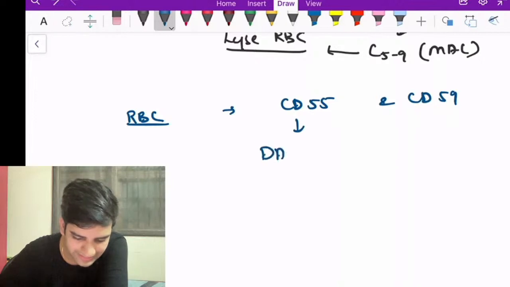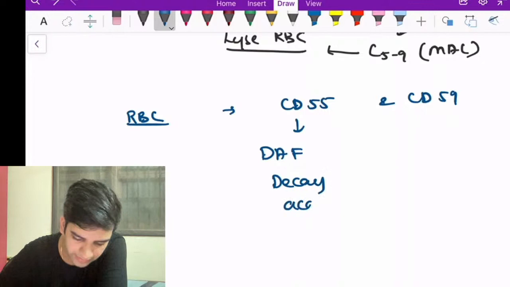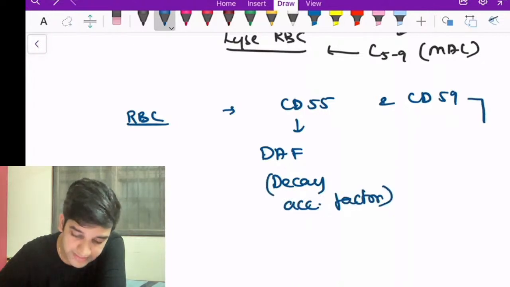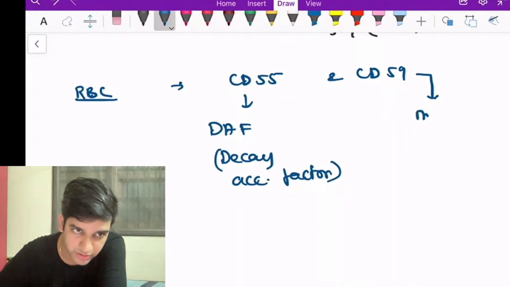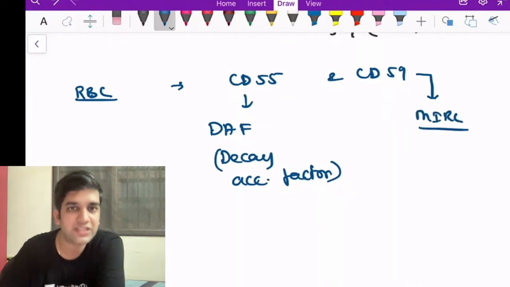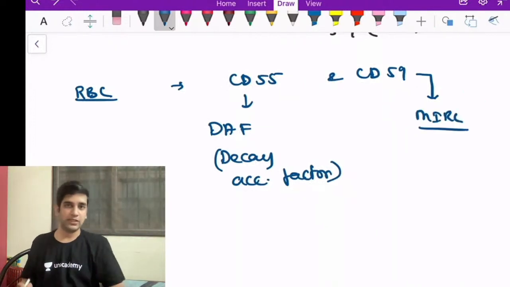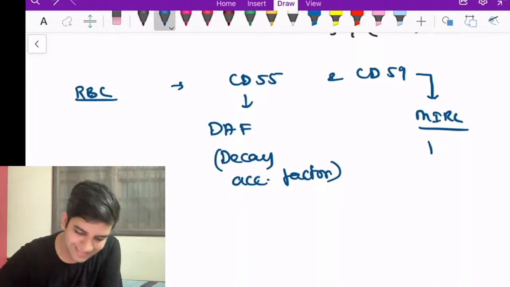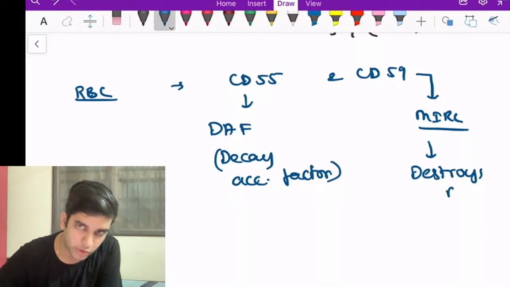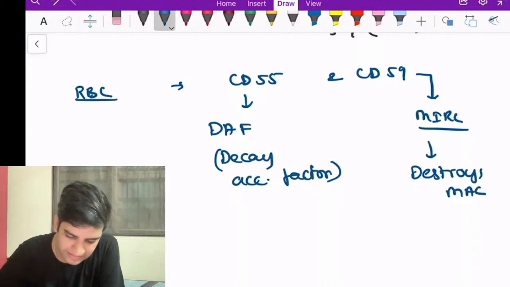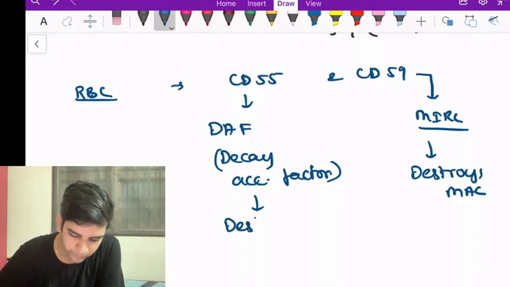CD55 is called DAF, decay accelerating factor. That's one. CD59, we have something called MIRL. MIRL stands for membrane inhibitor of reactive lysis. This one, just for understanding, destroys the MAC complex, and the other one will destroy